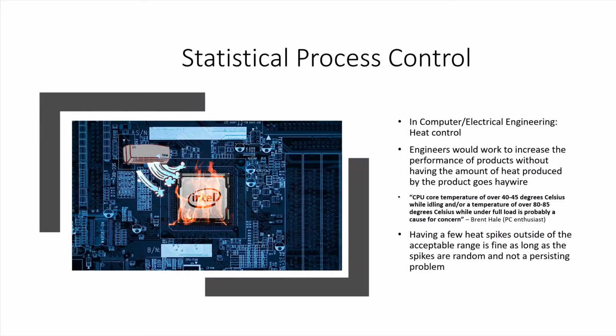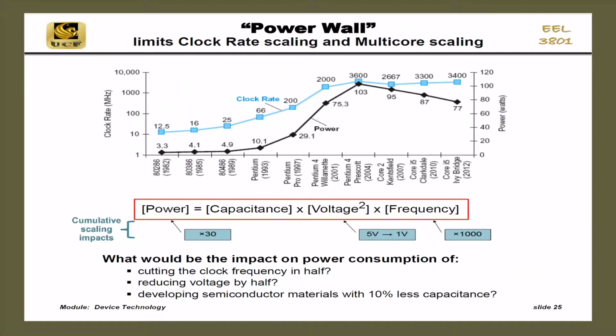In computer and electrical engineering, SPC is widely used as a means to observe and modify the heat output of a system. Let's take CPU engineers at Intel as an example. They make good use of the SPC when they try to increase the clock speed of their CPUs to as high as possible without having the CPU going over 85 degrees Celsius under heavy workloads. They don't want the system to run too hot because, as you know, heat is the enemy of all electronics, since power is directly related to frequency, and as heat is the byproduct of power, heat is linearly related to frequency.